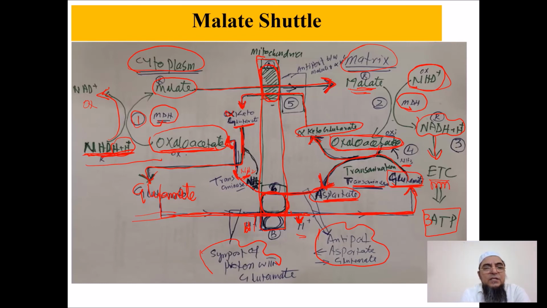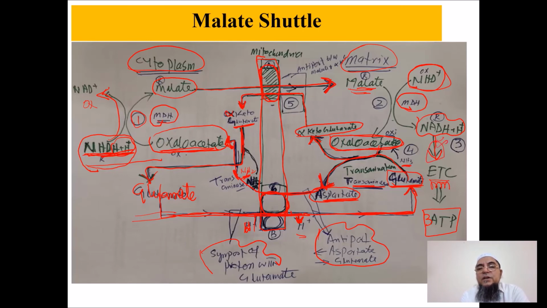What will happen when there is cytoplasmic NADH, say for example in glycolysis? This cytoplasmic NADH has to be transferred to the mitochondria because it cannot cross the mitochondrial membrane. So it will attach with the oxaloacetate, which will convert into malate, transfer across the mitochondrial membrane and enter into the mitochondria. In the mitochondria, malate dehydrogenase enzyme will welcome this malate, take 2 hydrogen from the malate, attach with the NAD and convert it into NADH2, and malate will convert into oxaloacetate. Our job is done here, the process is complete.